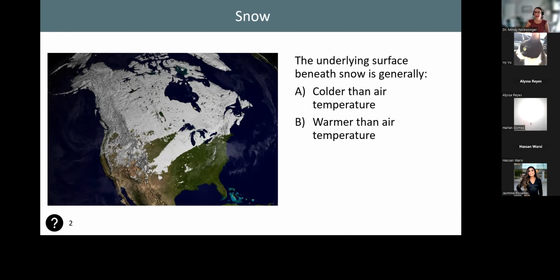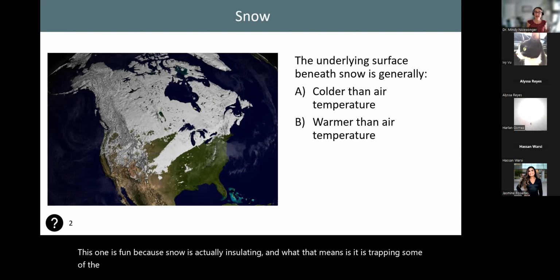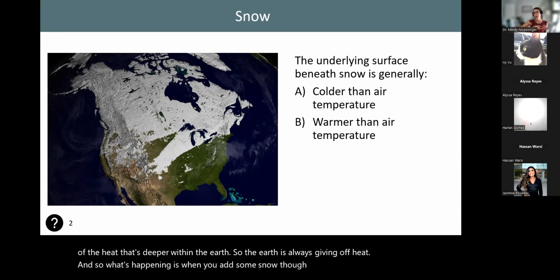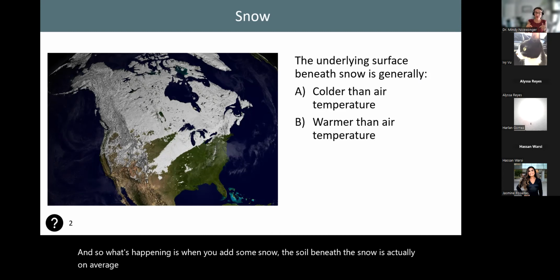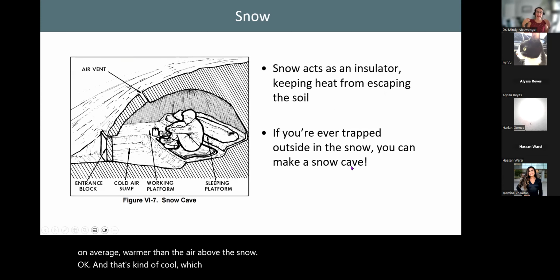Okay, so this one is fun because snow is actually insulating. And what that means is it is trapping some of the heat that's deeper within the earth. So the earth is always giving off heat. And so when you add some snow, the soil beneath the snow is, on average, warmer than the air above the snow. And that's kind of cool, which means if you're ever trapped in the snow, you can make a snow